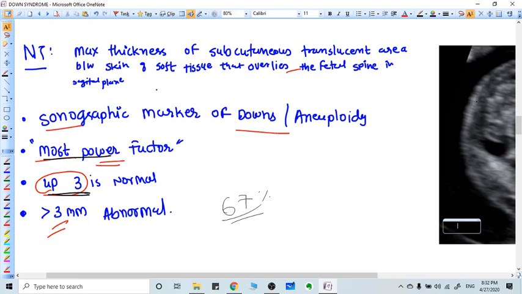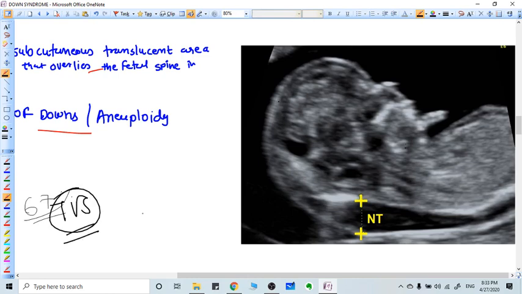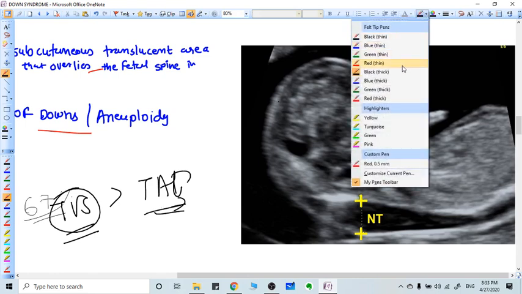What we see here is the sagittal view. In the sagittal view, we concentrate on the head side of the baby. When we are doing the nuchal translucency test, the transvaginal ultrasound, TVS, is the best option rather than the transabdominal ultrasound. The transabdominal scan is okay, but the transvaginal ultrasound gives you a very good picture of the head region of the fetus. Now what we are seeing here, let me change my pen.